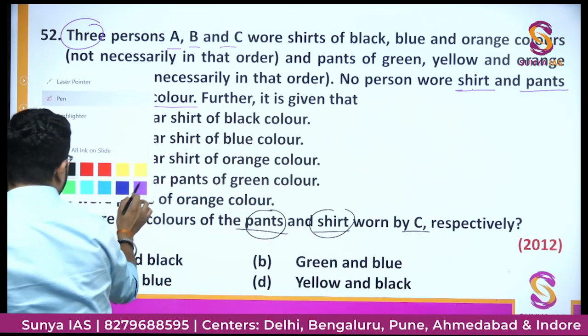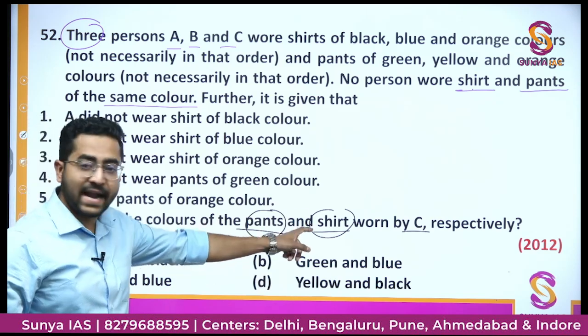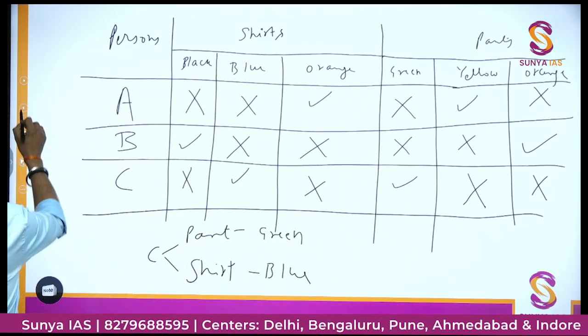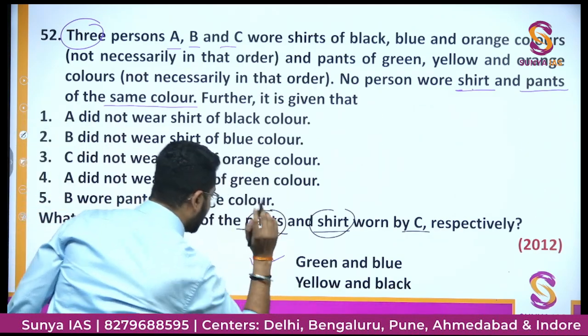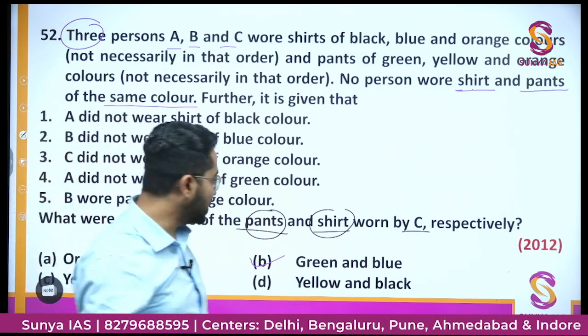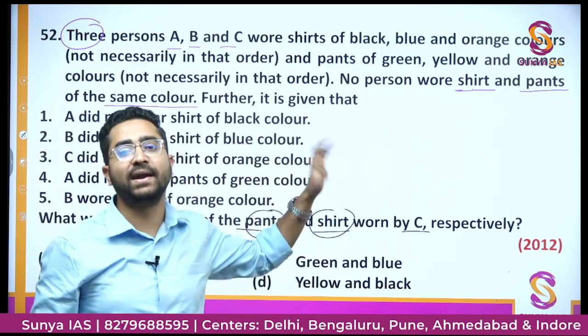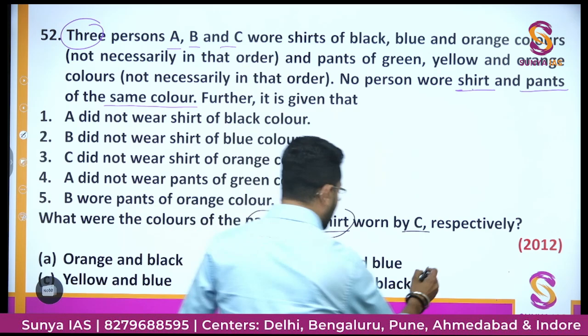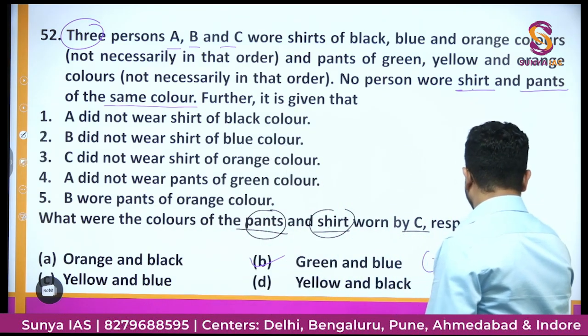You will first write the color of pant and then shirt. So the pant is of the color green and shirt is blue, so green and blue would be option B, green blue. कई बार ये कंफ्यूजन हो जाता है कि पैंट एंड शर्ट पूछा जा रहा है, हमने शर्ट एंड पैंट लिख दिया. इफ बिकॉज यहां पे तो कंफ्यूजन नहीं होगा. इफ दे गिव यू अनदर ऑप्शन E, ऑप्शन इज ब्लू एंड ग्रीन,